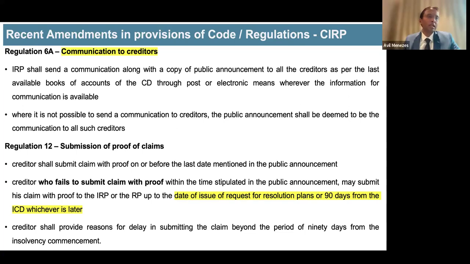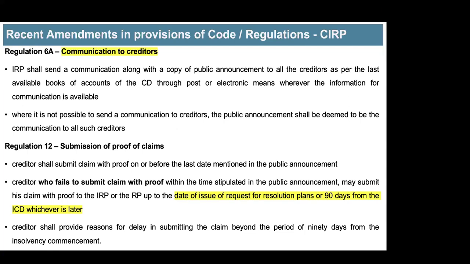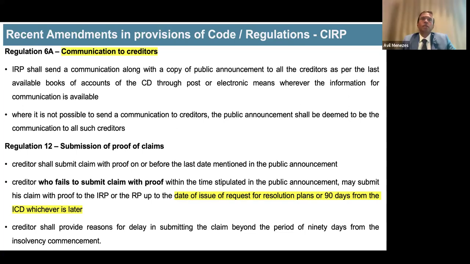But suppose I haven't received any communication from any of the creditors. So my information memorandum will get adjusted accordingly. No, your information memorandum will obviously give a list of claims. It will also give the books of accounts, liabilities, the last 2 years numbers, the numbers as on the insolvency commencement date, and the detailed breakup. That all will go to the PRA, right?